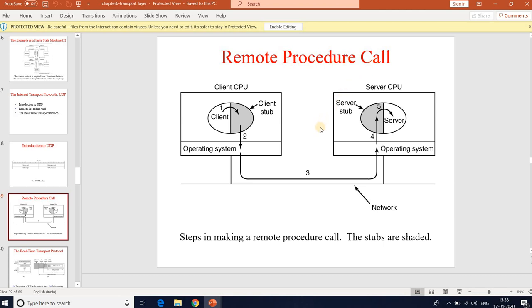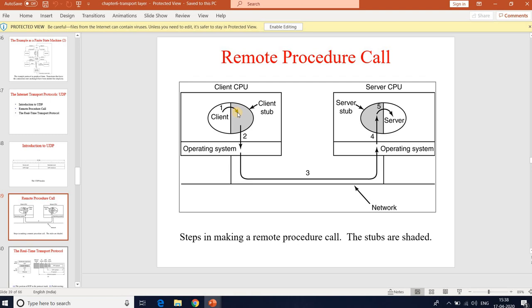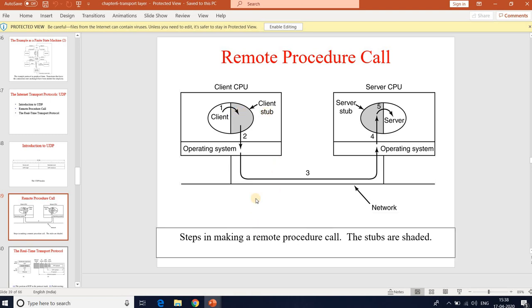Here the calling procedure is known as the client and the called procedure is called the server. In the simplest form, to call a remote procedure, the client program must be bound with a small library procedure called the client stub.